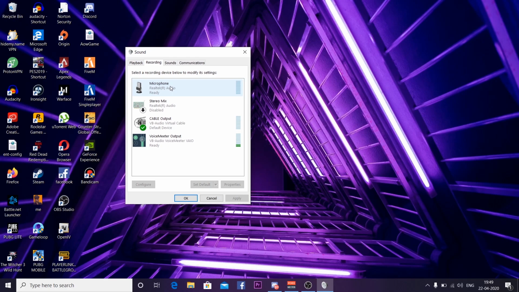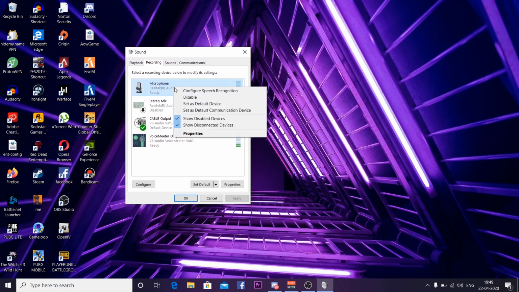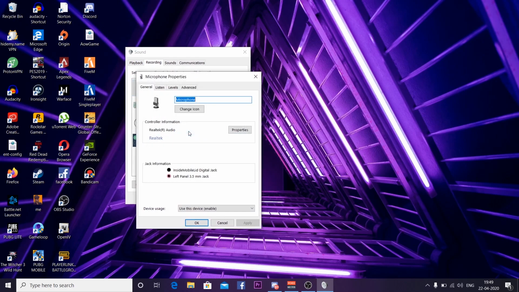If you are not able to find your microphone there, then that means your microphone is not connected properly, or you haven't installed the driver for the microphone. In my case, you can find a cable output here as my voice input, but in your case you won't find that. Click on the microphone that is active right now, and then go to the properties section,